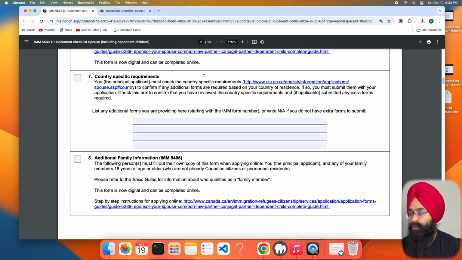So I will also suggest you to go through this link and download the application package according to your country. I'm from India, so I have downloaded the application package for my country, which is India, and I don't have any additional forms. So I'm going to just click yes here and write NA here, NA with slash, copy it and paste it everywhere which is not applicable to my application. So I'm going to type NA here